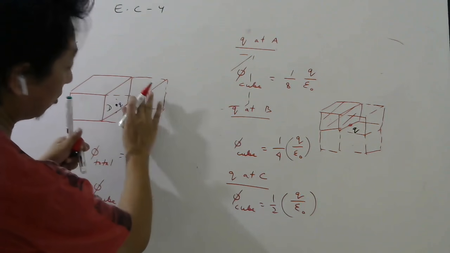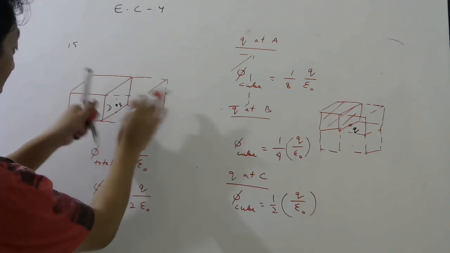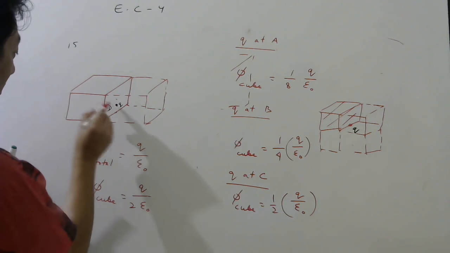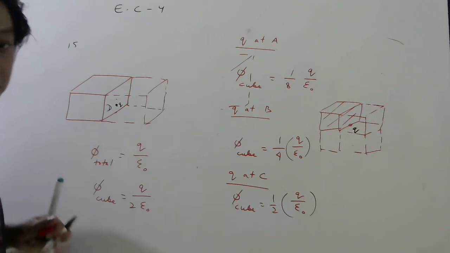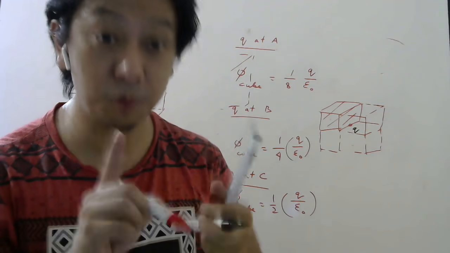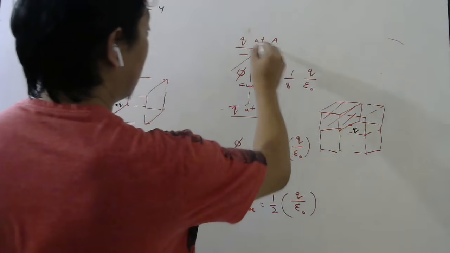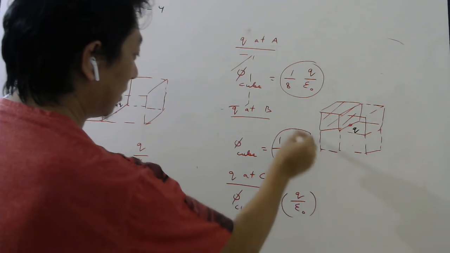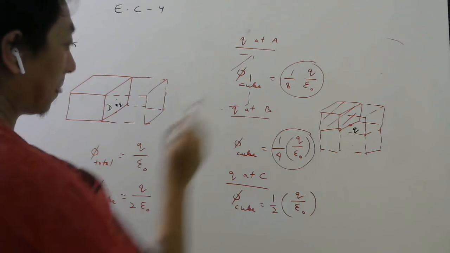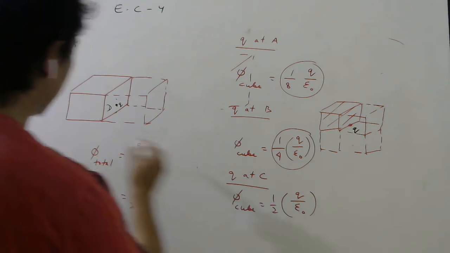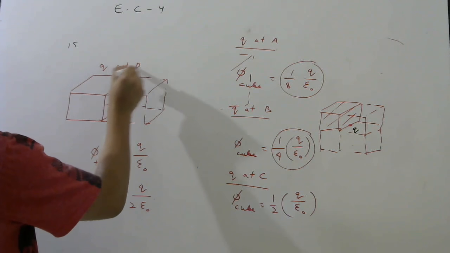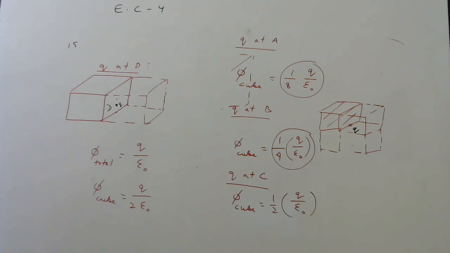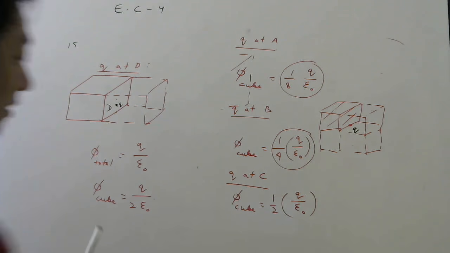So it doesn't matter whether this Q is dead center here or here. You can just put one more cube this side, and then you can see by symmetry, the number of lines cutting this cube will be same as cutting this cube. And they asked only flux through the cube, remember. So what is the answer? If you keep the charge at A, this much will be the flux, which we did yesterday also. This one we did today. If you keep charge at point B, and this is if you keep the charge at C, this is if you keep the charge at D. Okay, think carefully once. So which will give you the right answer, which is the option? Option A. Okay, so option A is the right one.